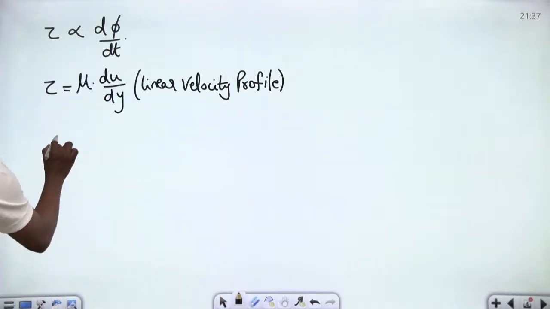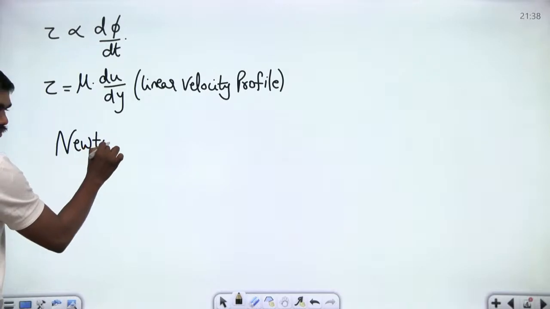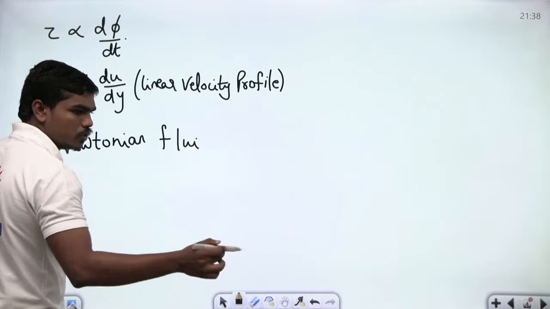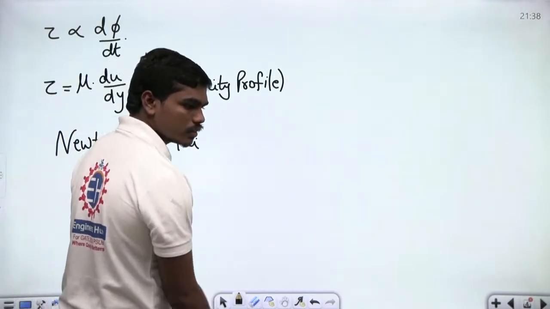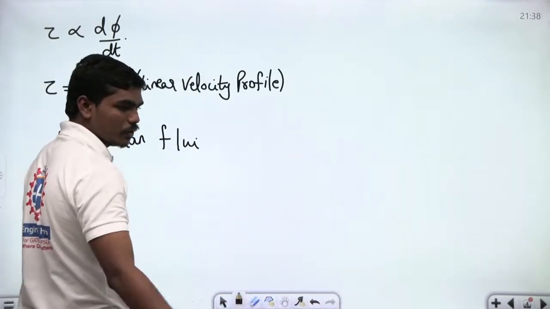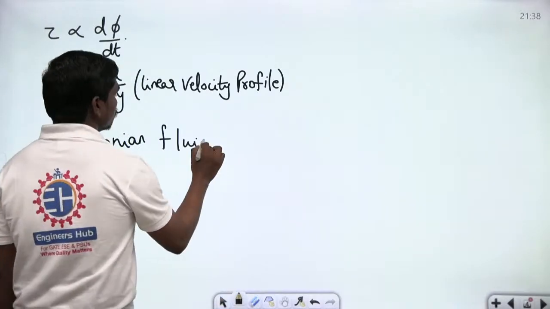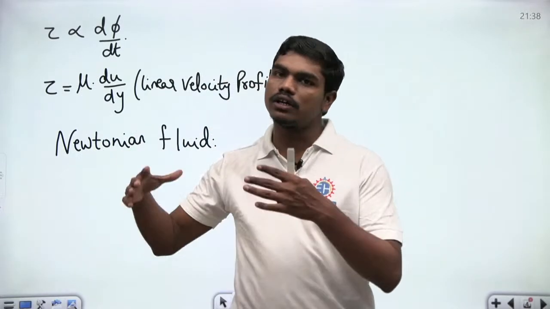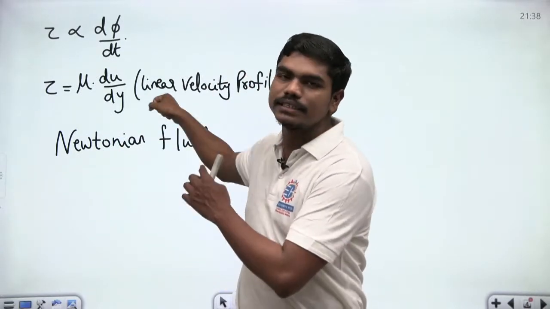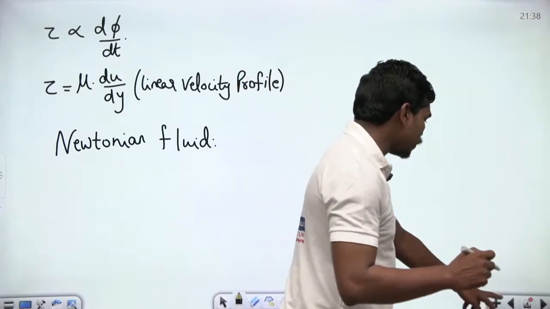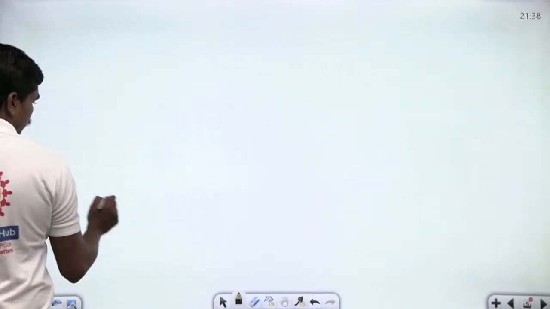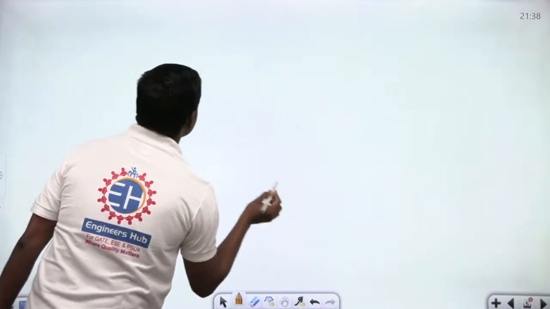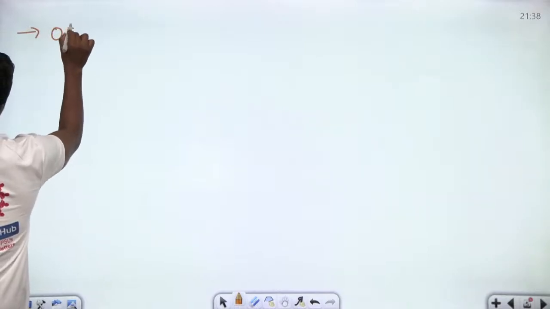So Newtonian fluids are the fluids, yes, Newtonian fluids, very good, correct? So we'll see a clear description of how this Newton's law of viscosity is generated, or how it is a special case of some other equation. For knowing that, we need to have some knowledge of this, which is, let us decrease this a bit. Okay, fine. So let us look into this Ostwald